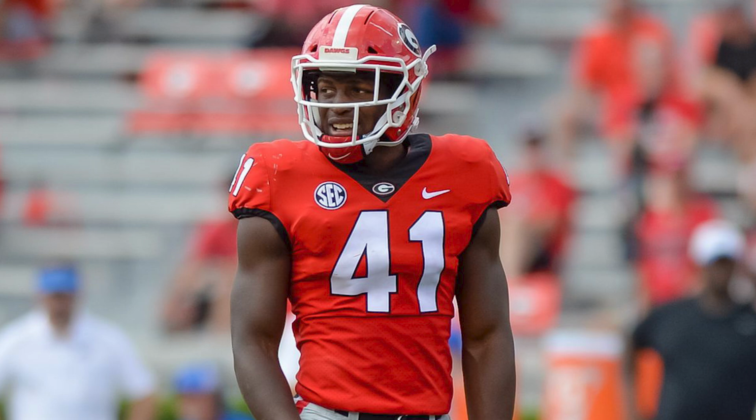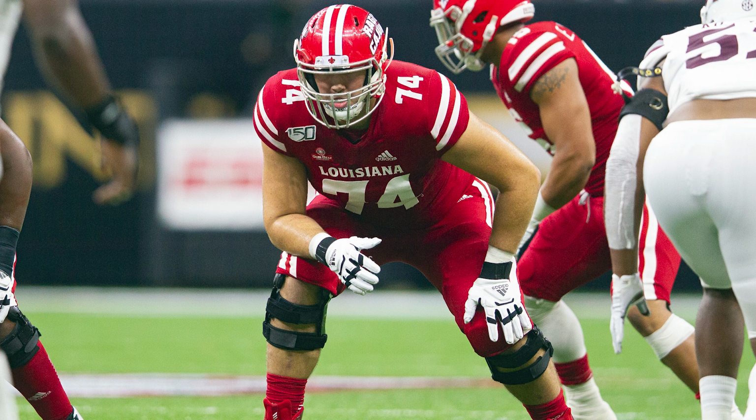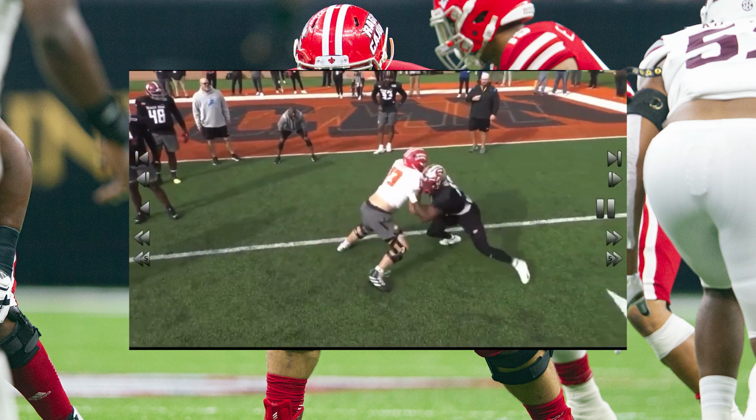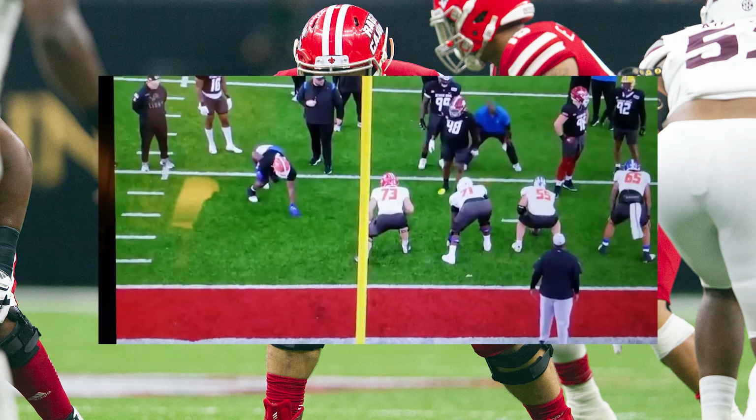In the 4th round, we go O-line again with Max Mitchell, offensive tackle out of Louisiana, the Ragin' Cajuns. Now, obviously, when we said we select Zion Johnson, we move him to left guard, plug-and-play guy, and we move Dotson back to right. And a guy like Max Mitchell could come in immediately as a swing guy. He has experience at left tackle and right tackle, so he has the capability to be a swing guy, especially